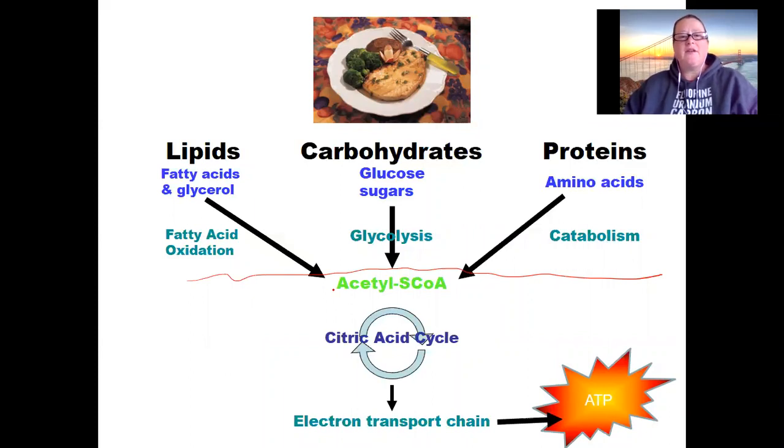The fatty acids become oxidized to form acetyl-CoA. The proteins break down into amino acids and they undergo a series of steps that turn into acetyl-CoA. And the carbohydrates break down into glucose and other sugars and undergo a process called glycolysis, which forms acetyl-CoA. This acetyl-CoA enters the citric acid cycle